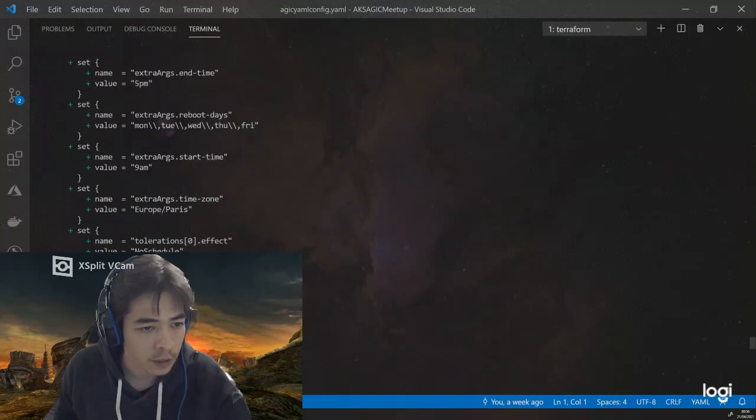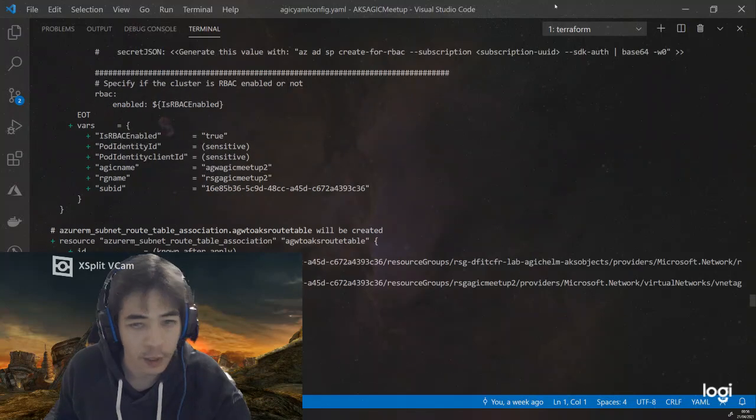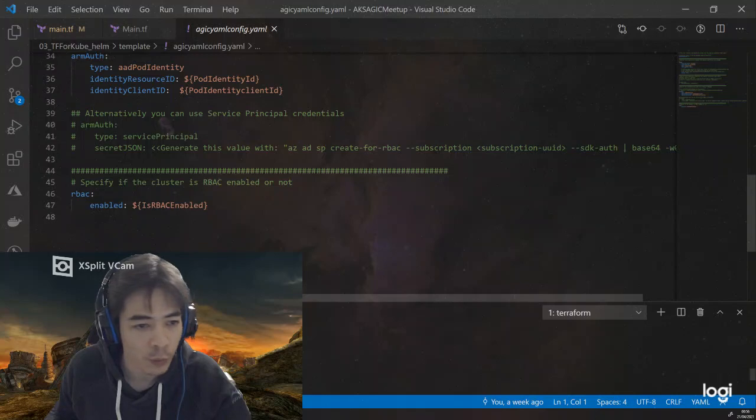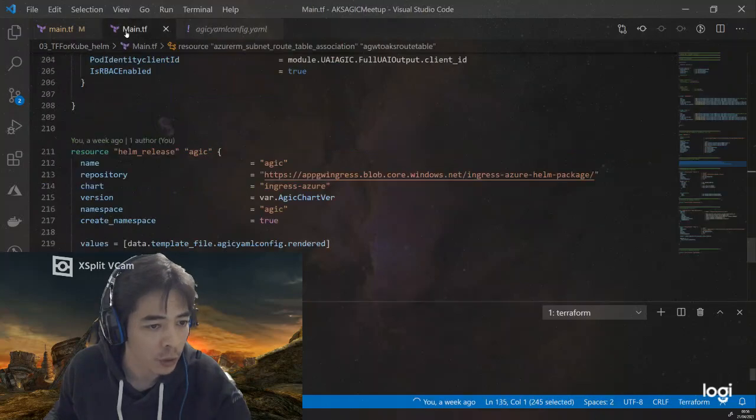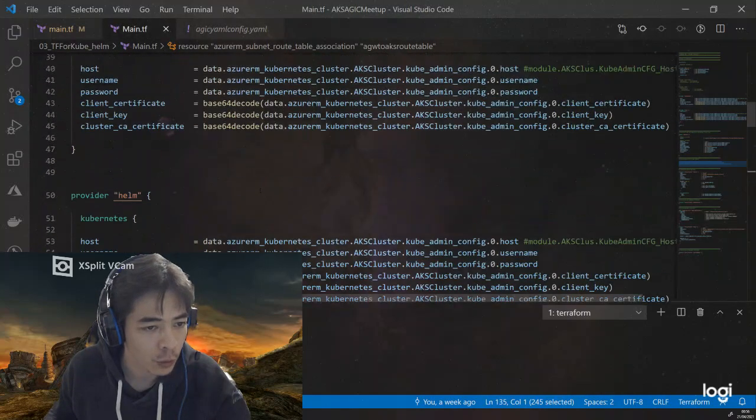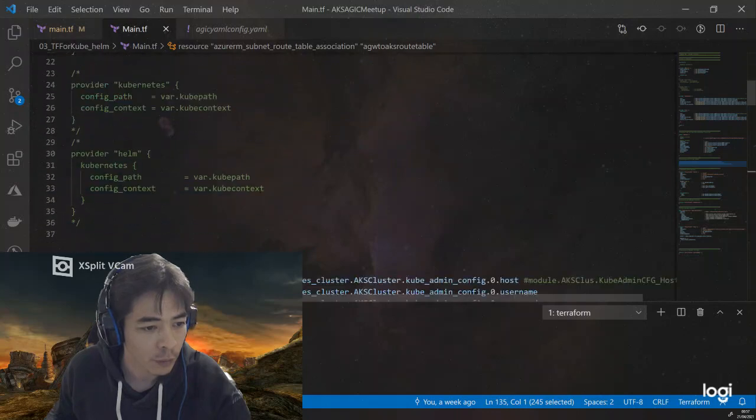So if I'm going to my configuration, as I mentioned, in the configuration I have more than one part.